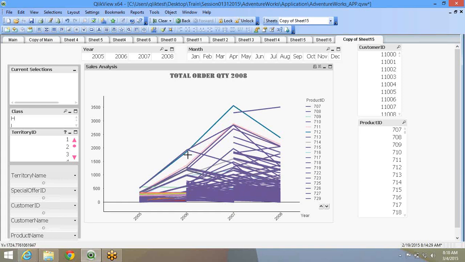You can see some product IDs sharply starting in 2006, some sharply starting in 2007. It says these are the products which did business only here or which were available. One of the products is available only 2006 to 2007, only in 2 years. Apart from that, it is not there. That kind of visualization you can create.